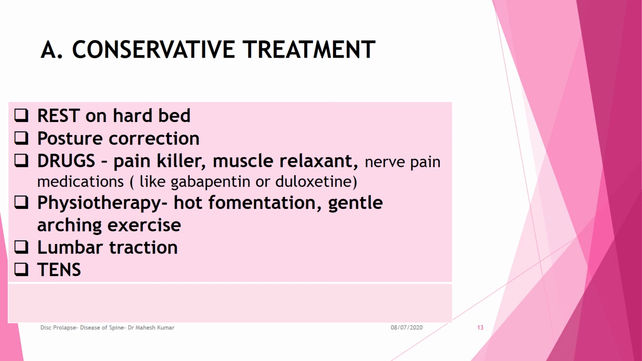The conservative treatment includes rest on a hard bed, posture correction, and drugs like painkillers, muscle relaxants, nerve pain medications like gabapentin or duloxetine. Physiotherapy by hot fomentation, gentle stretching exercise, lumbar traction, and